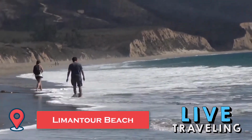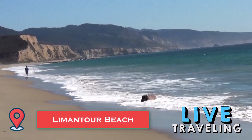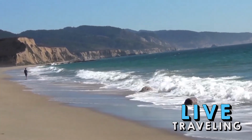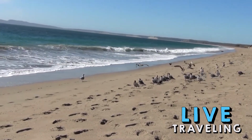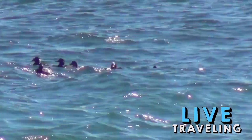6. Limantour Beach, located on the eastern half of Drake's Bay. Limantour Beach is 4 miles long and enjoys the bay's calmer waters. Many consider this to be the prettiest of the Point Reyes beaches. It's also a popular spot for families. Bring a blanket and maybe a kite. Take a long walk, look for signs of whales, and enjoy the beach's